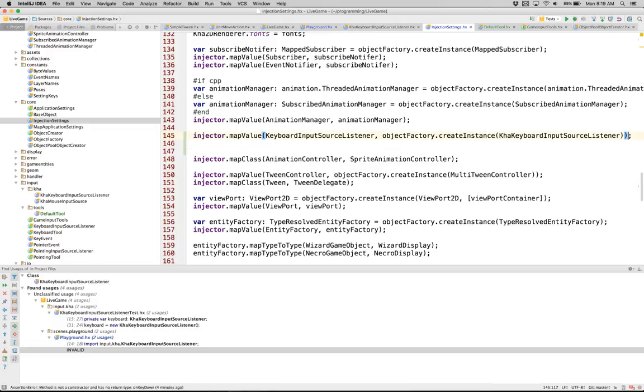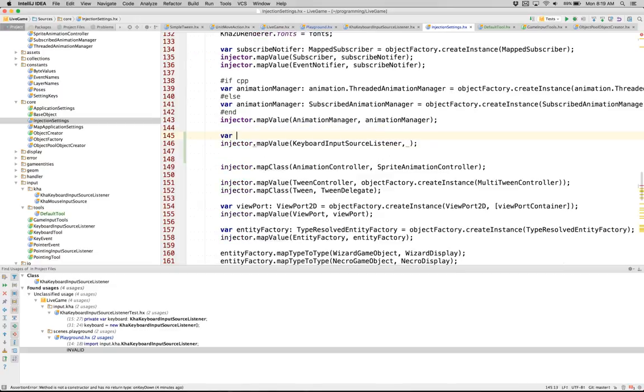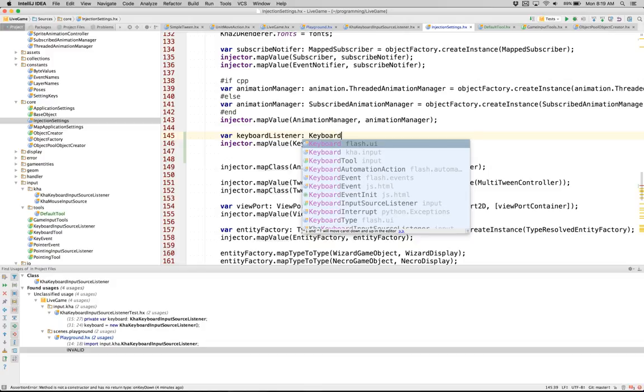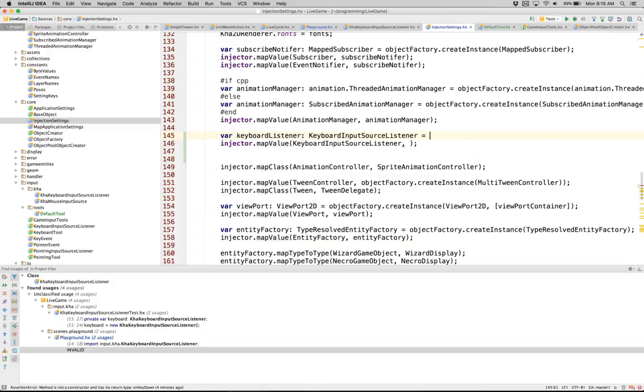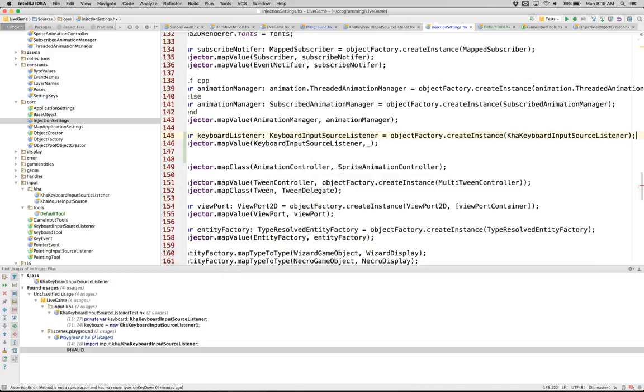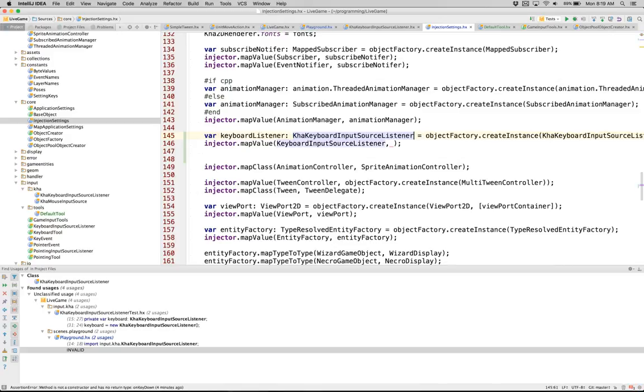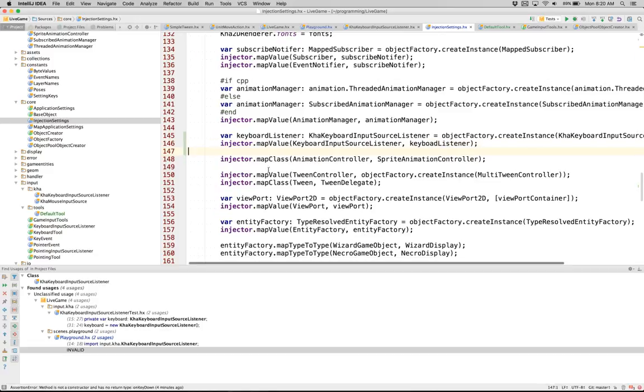So take this out. Probably just cast this as the same thing. Keyboard listener. In fact, I think what we're going to do instead